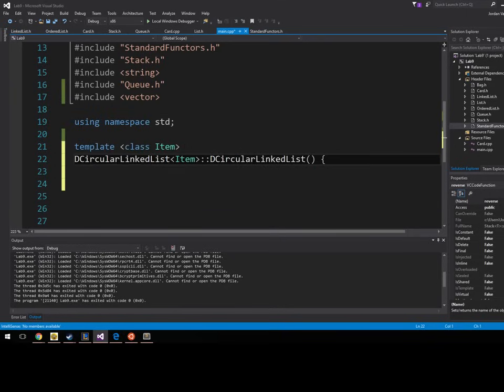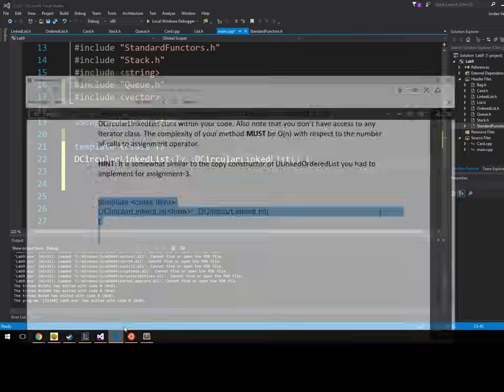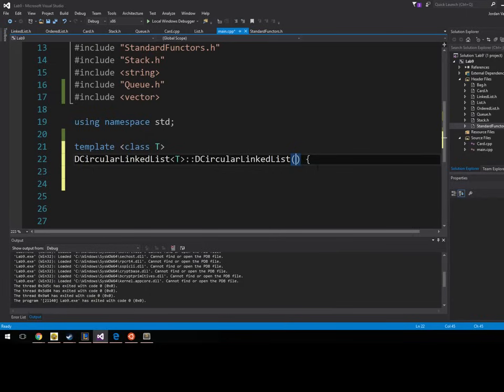Template class T. Oh, it didn't give us that. Did they not give that on the exam? Oh, they didn't. So the first thing we need to know with a copy constructor is that we need to